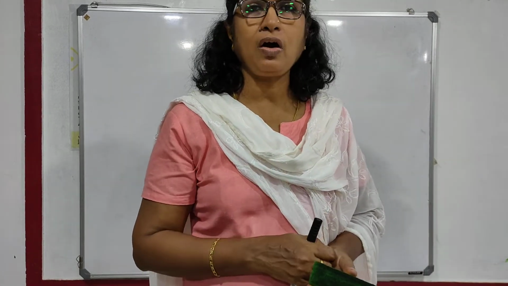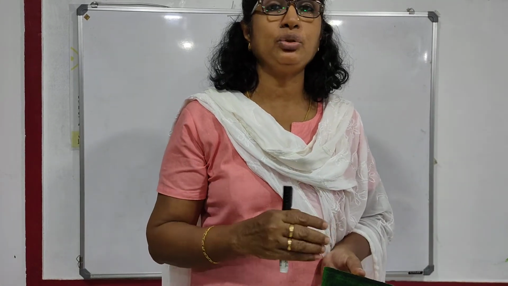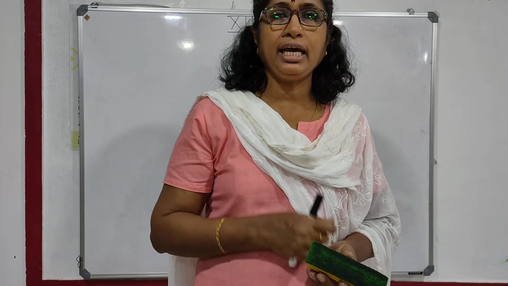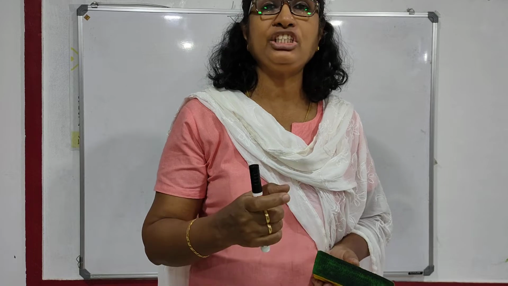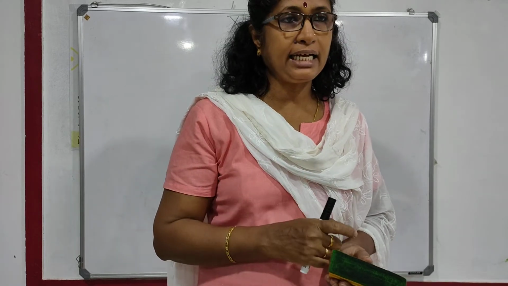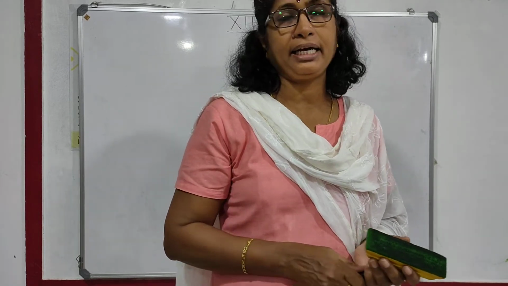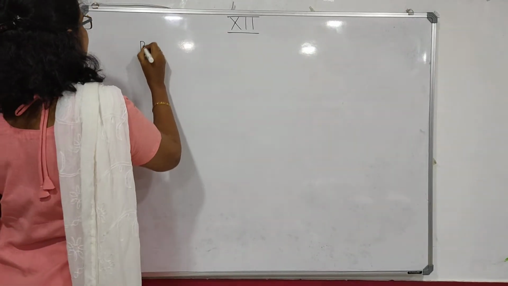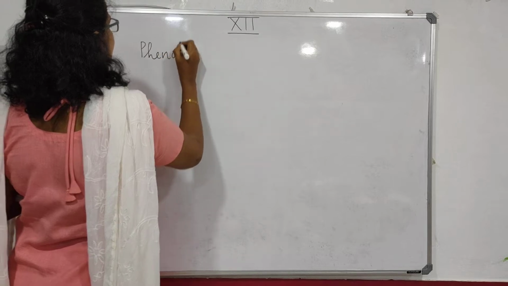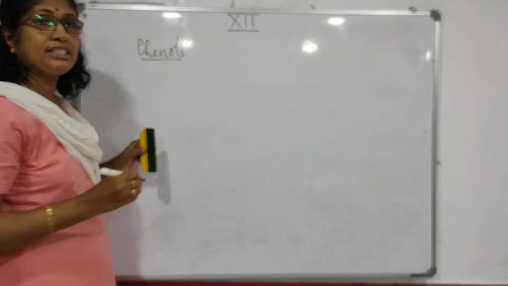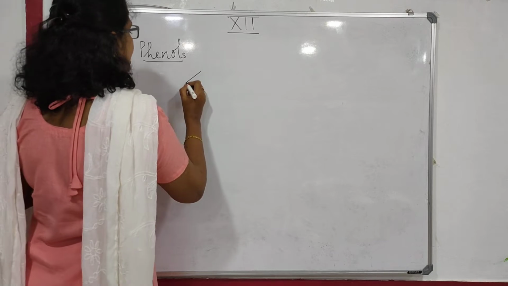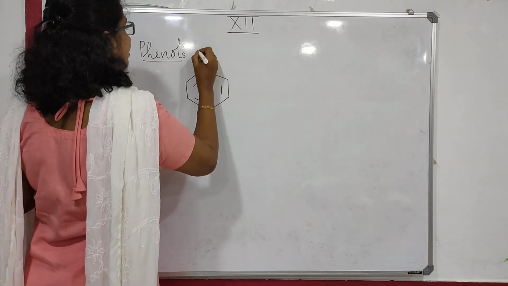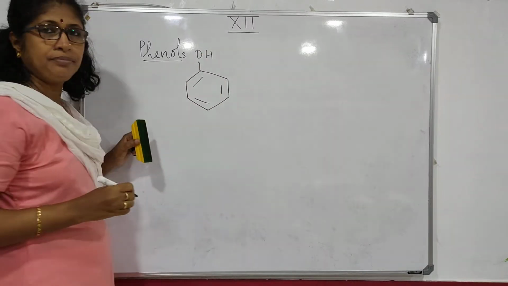We completed the types of alcohol in which the OH group is attached to an sp3 hybridized carbon atom. Now we are going to see a type of alcohol in which the OH group is directly attached to an sp2 hybridized carbon atom. One is aryl alcohols or phenols. Phenols are the first type in which the OH group is attached directly to an aryl group. Aryl group means benzene and its derivatives, with an OH group: phenol.